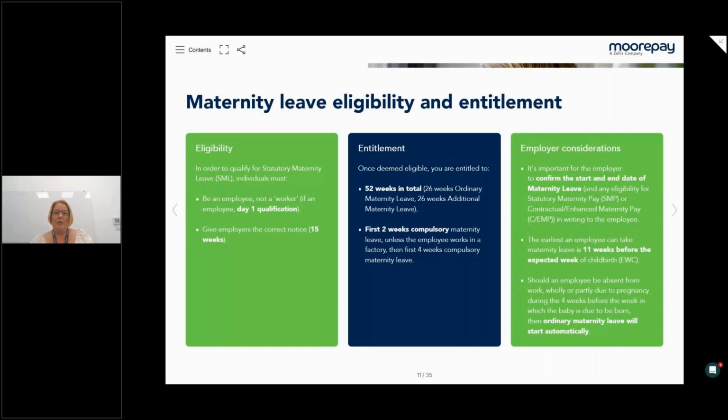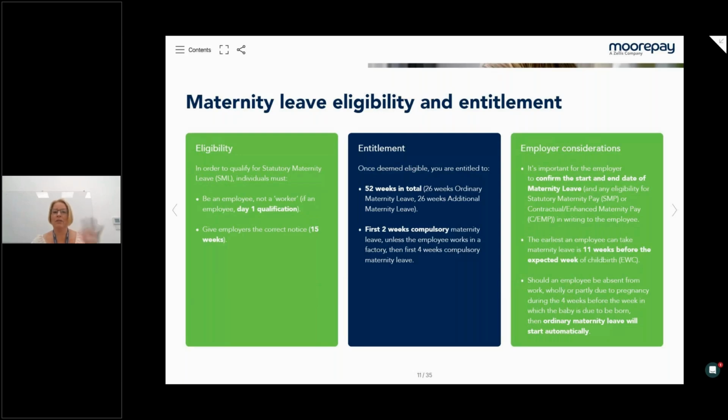Should the employee be absent with a pregnancy-related illness on the run-up to their maternity leave, even if they've put their application in and said they want to start maybe a week before the baby's born, the maternity leave can be enforced at 4 weeks before the baby's due, so at 36 weeks, even if it wasn't the employee's intention to take their leave at that time. But it's only if it is a maternity-related or pregnancy-related illness.